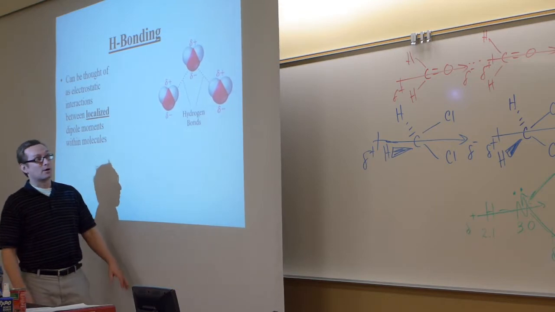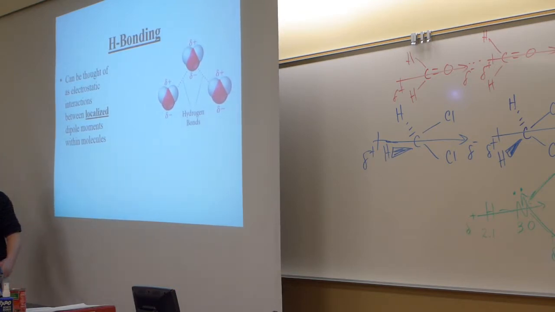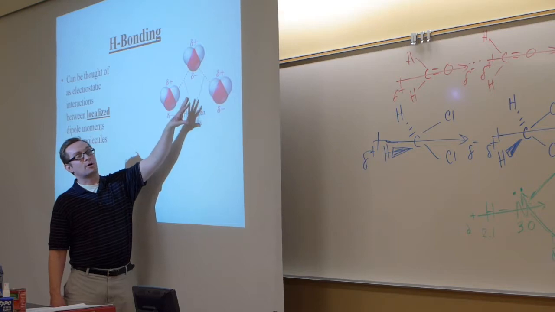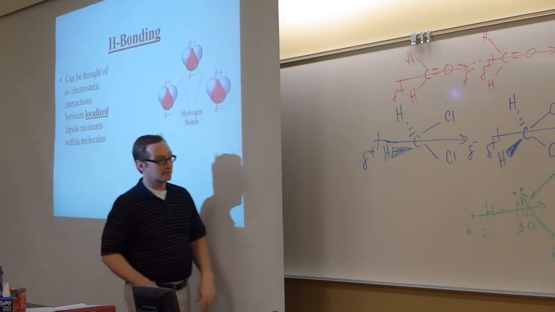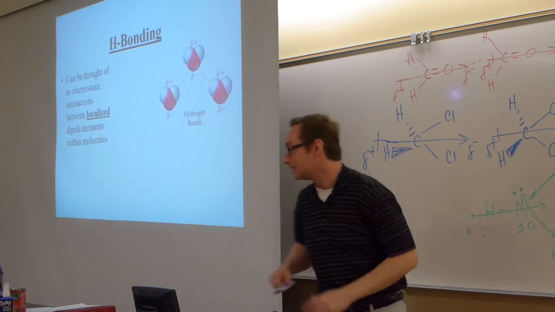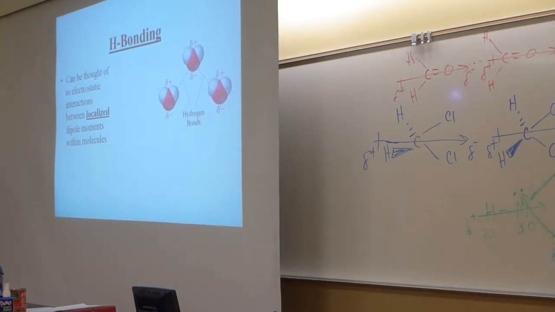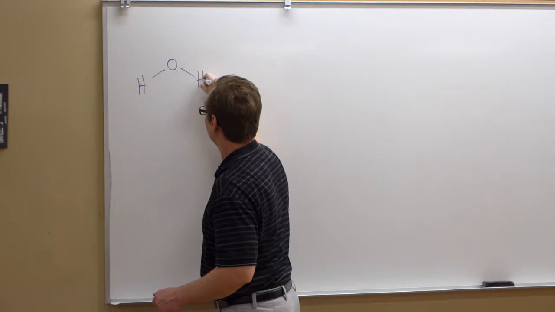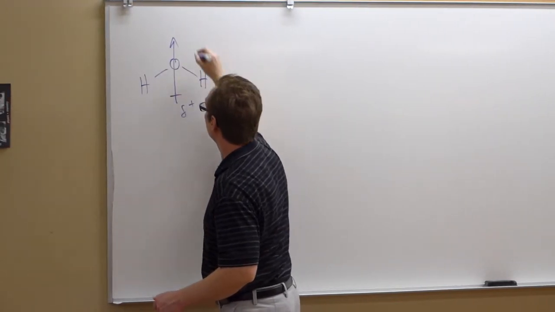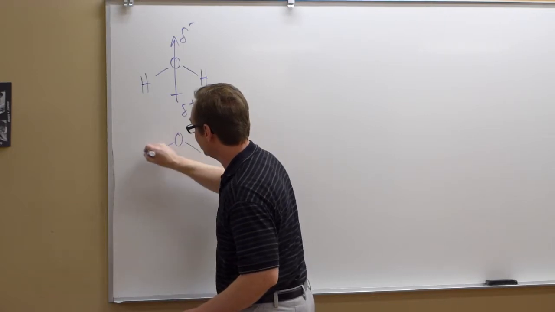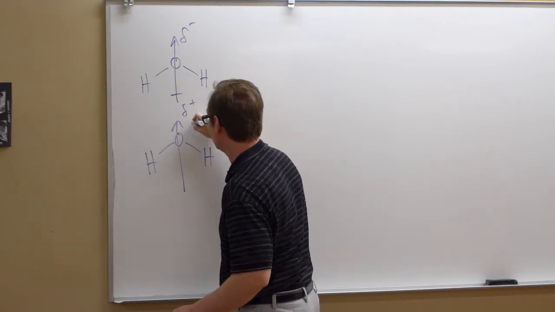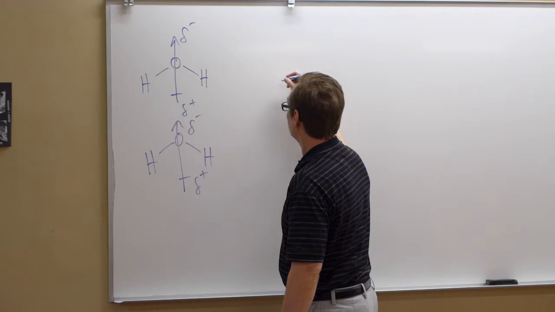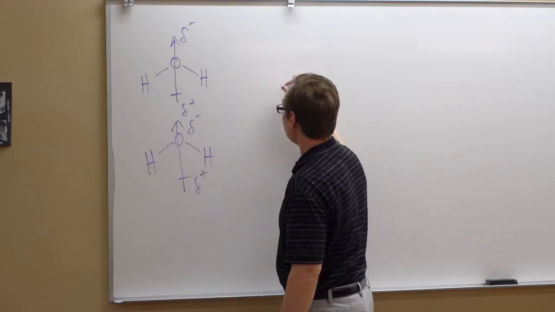So with H bonding, water is the ultimate hydrogen bonder. Water is amazing, actually. Water is a really small molecule. It should be a gas, but it's actually a liquid at room temperature because it's got all of this hydrogen bonding that makes the water molecules stick together. Let's make a comparison here. If I draw a dipole-dipole attraction between water, I get this. Here's a dipole-dipole attraction. If I do it with hydrogen bonding though,